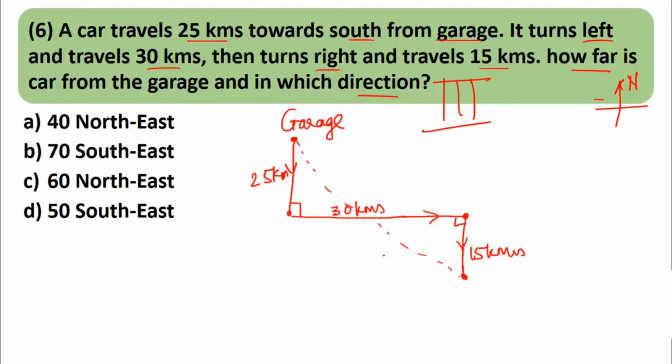So how to do it? Now there are 2 triangles over here, this one and this one. Instead of calculating for 2 triangles, just use this small trick or tip. What you do, extend this and take it over here. So you get one big triangle with 90 degrees over here. Let the triangle be A, B and C. We have to find AC, correct? Now which is this direction from the garage?